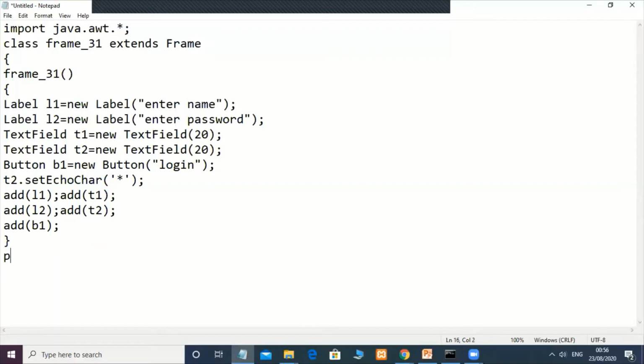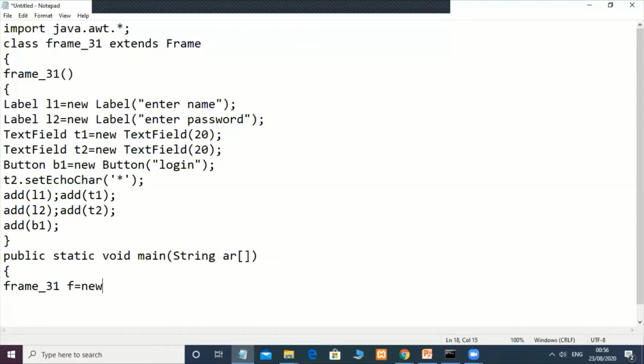Now create public static void main, String args. Then create an object of Frame_31: Frame_31 f is equal to new Frame_31.